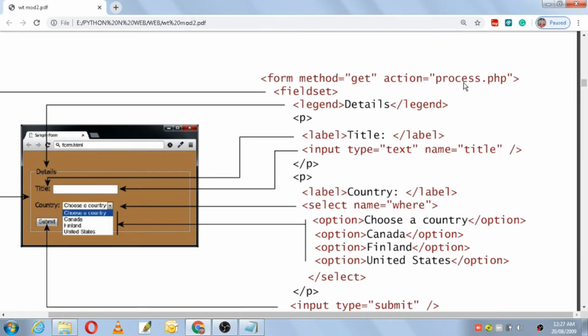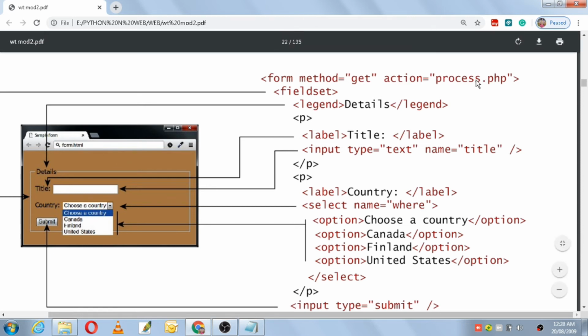So in the action attribute you have to mention which code will process this particular form data.